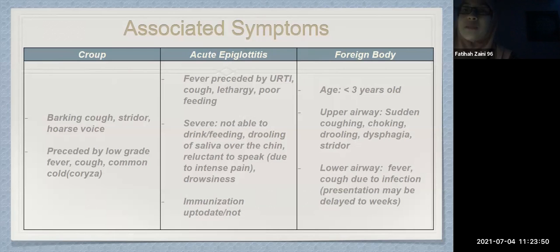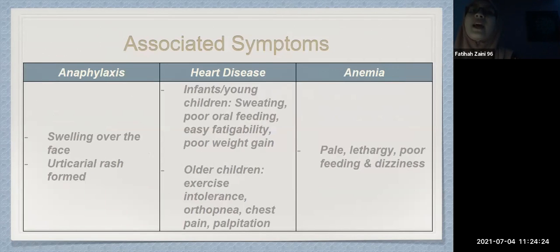And then foreign body aspiration. So usually it occurs at the age of below 3 years old, and it can be divided into upper airway obstruction and lower airway obstruction. For the upper airway obstruction, usually the patient will present with sudden coughing, choking, drooling, dysphagia, and stridor. While for the lower airway obstruction, there could be fever and cough due to the infection. However, the presentation may be delayed to weeks as compared to upper airway obstruction. Next. Then is anaphylaxis. We inquire about whether there is swelling over the face, any urticarial rash formation,